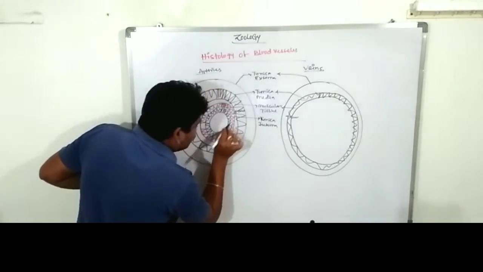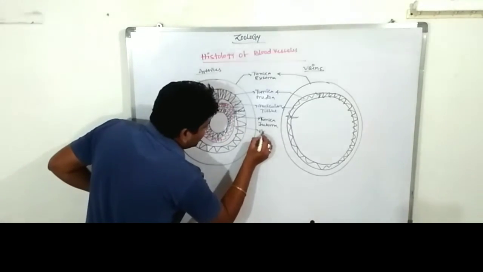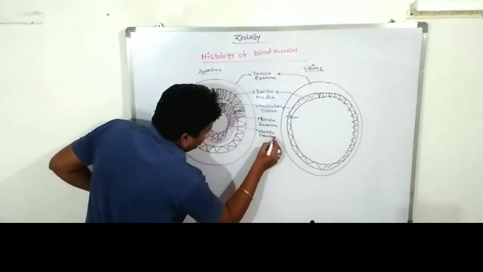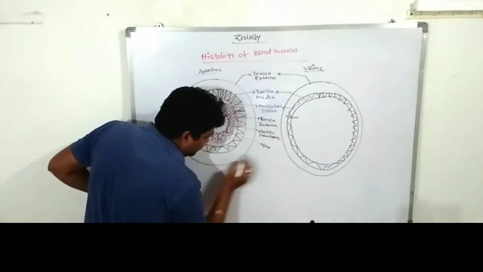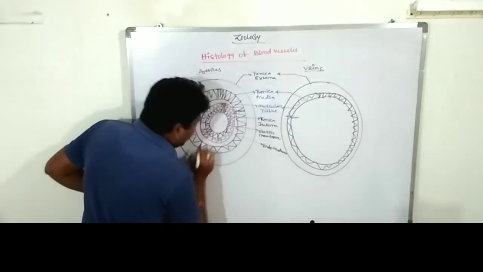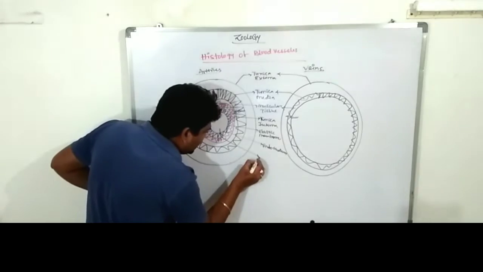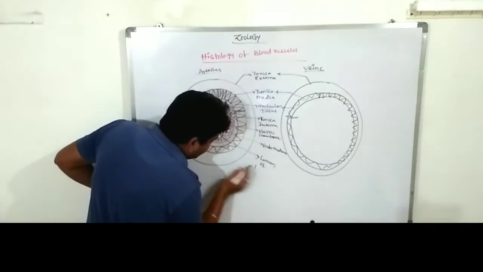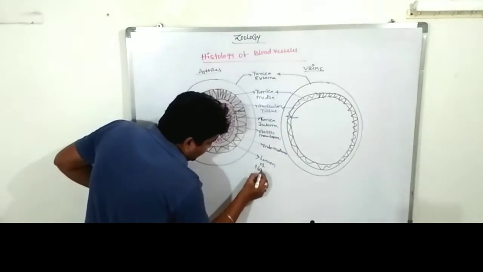The tunica interna contains two layers. First one is elastin fibers, the elastic membrane. The innermost layer is known as the endothelium. Thelium means layer. Endothelium. So on the inner side of the endothelium, there is a cavity. The cavity is known as the lumen of the blood vessel, nothing but a narrow space. The arteries have a very narrow space.